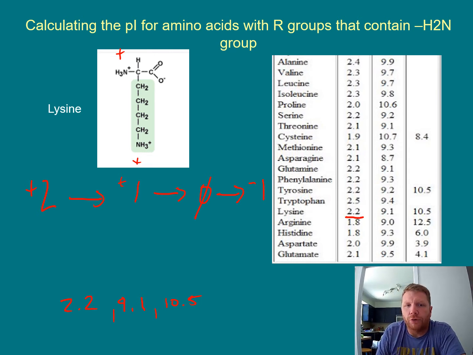So I've got my charge range. This molecule can be at one extreme a +2 charge, and at the opposite extreme a -1 charge. Since I've listed out my charges from the lowest possible pH to the highest possible pH, I want to apply these pKa's to these arrows right here. What I care about when it comes to PI calculation is what are my pKa's that give me a transition from +1 to 0 and a 0 to a -1: 9.1 and 10.5. Your PI calculation, therefore, is going to be